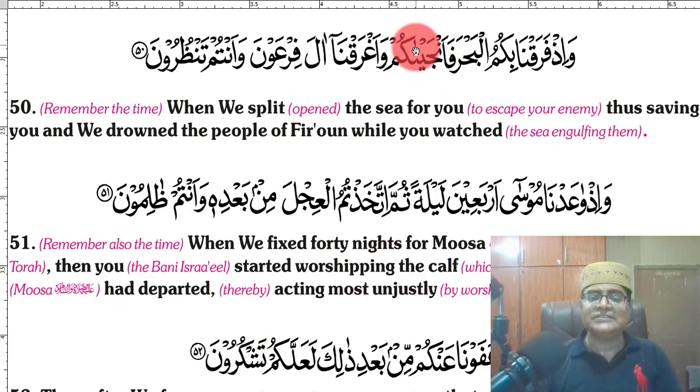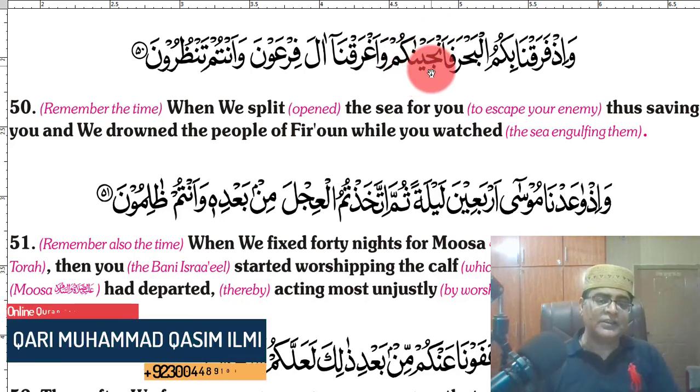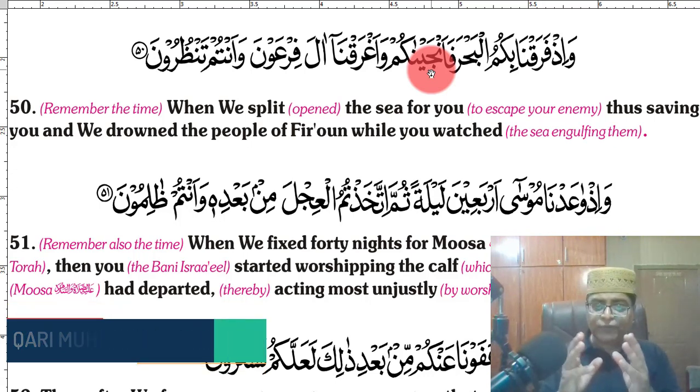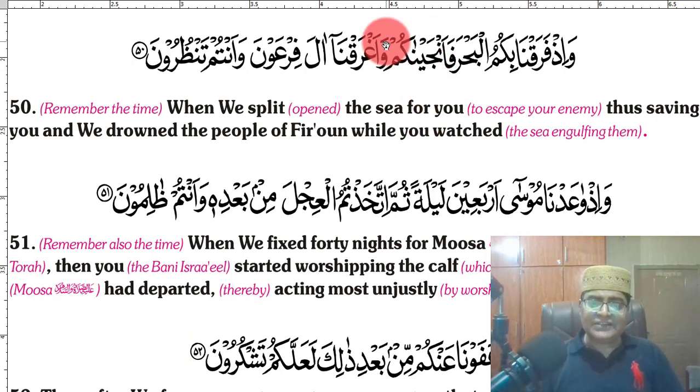Noon has a standing zabar, na. Kaf pesh mim, kum. Fa a ja na kum. This is the ya lean here. There were two lean letters, waw sakina and ya sakina. When there is a zabar before both of them, they become lean letters. So this is the lean letter here. Wa zabar wa, and hamza zabar